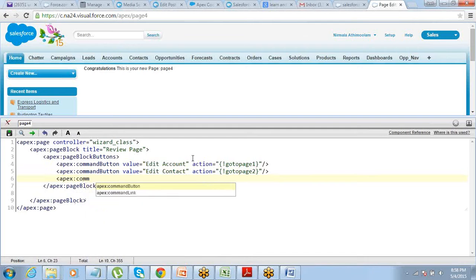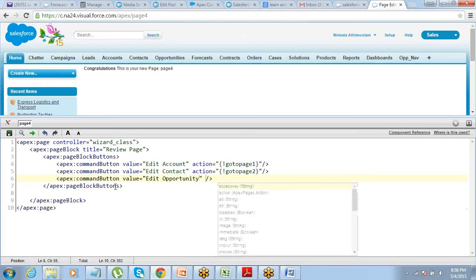Apex command button, value, edit opportunity, action, go to page 3. Okay,